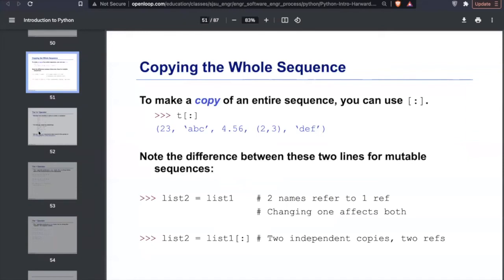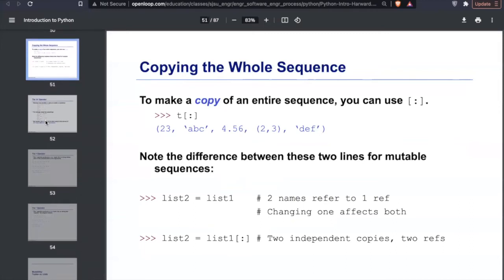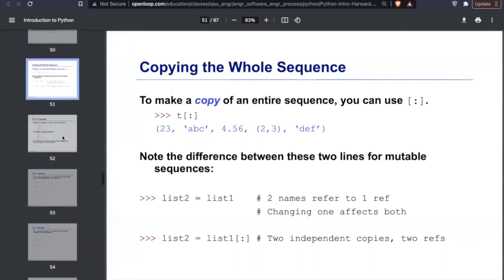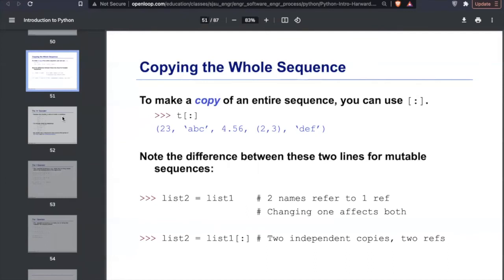Here you can see that if you want to copy list 1 to list 2 as a true copy, you have to use slicing. As you can see here, there's a slice mentioned with no starting and ending index. That means it will copy the whole list to list 2.